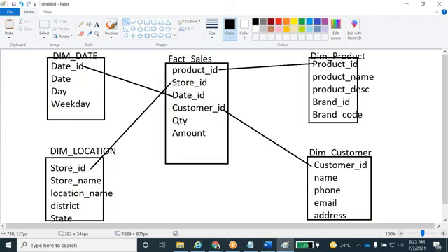Simple star schema is where only one fact table is connected. Complex means like this: you can take one more fact table, fact inventory, again connected with the multiple dimension tables, a fact purchase, a fact stock ledger. So like that, more than one fact table connected with multiple dimension tables. Okay.